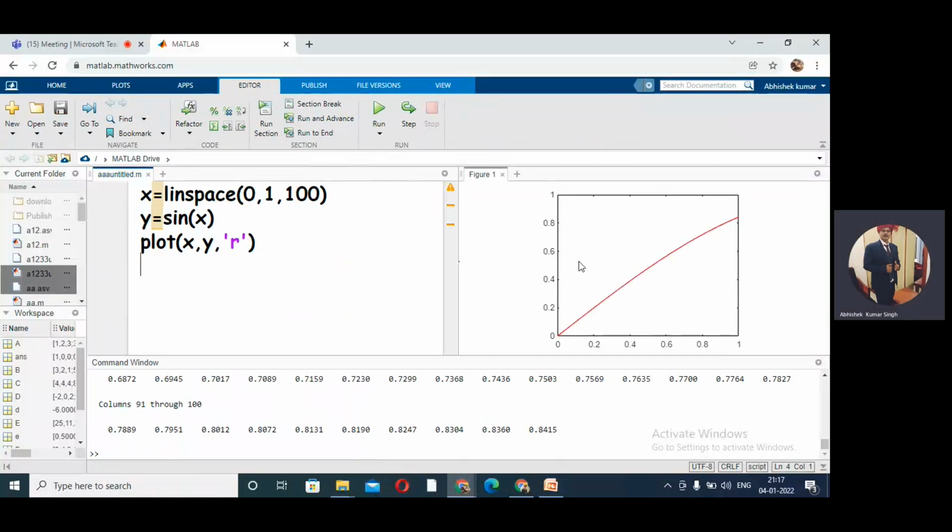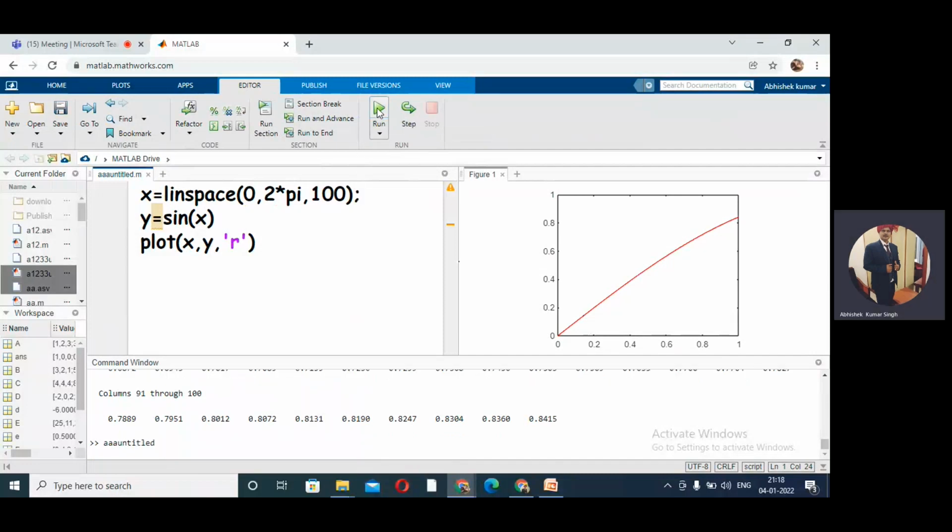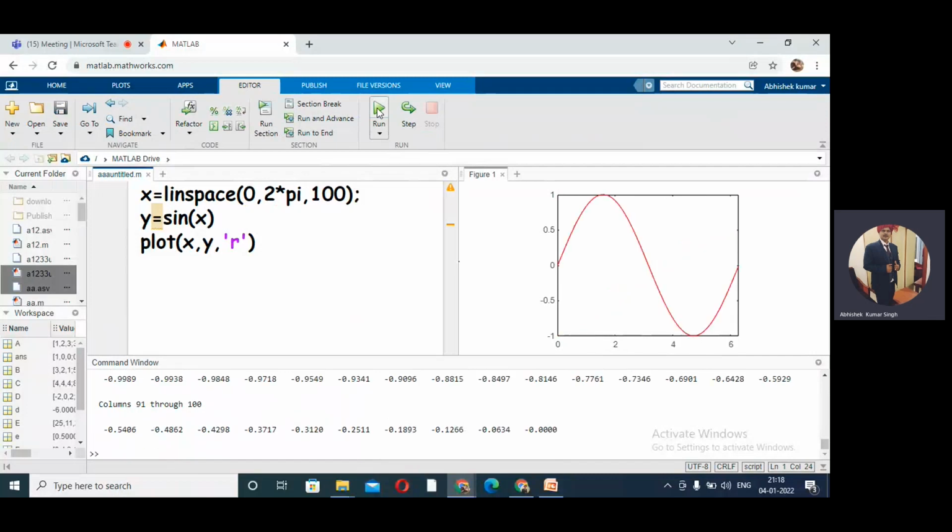Output, yes. Can you see that? We are getting that sin X curve between 0 to 1. You want to realize the sin X means we have 0 to 2 pi. Let us have 2 into pi. So we can see that actual. And here we can put the semicolon so that we don't see these 100 points unnecessarily coming in the command window. Okay, so now we see the sin X graph. Yeah, you can see that, fine.